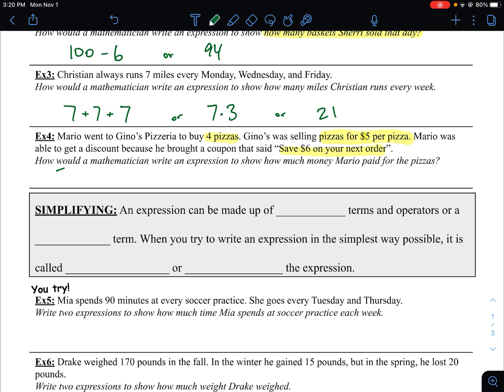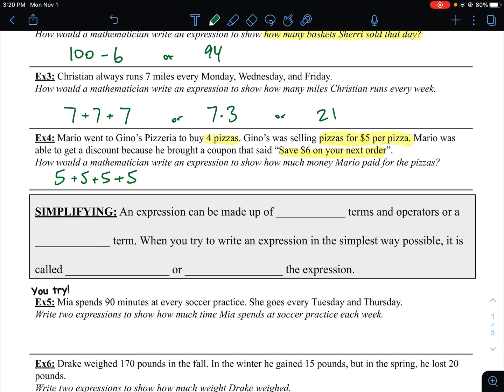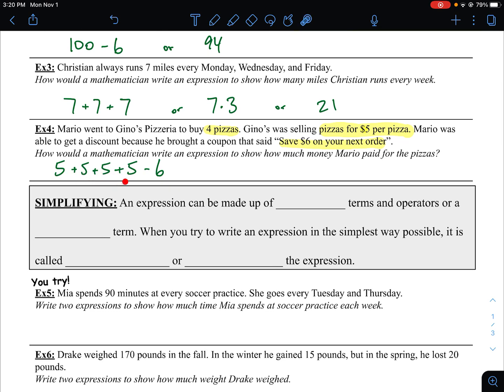So the first pizza was 5, but he buys 4 of them, right? So 5 plus the second pizza plus the third pizza plus the fourth pizza, and then he didn't spend all of that money because he got to save $6. So 5 plus 5 plus 5 plus 5, those are the 4 pizzas, minus the $6 coupon. That's one expression. Or you may be thinking, well,